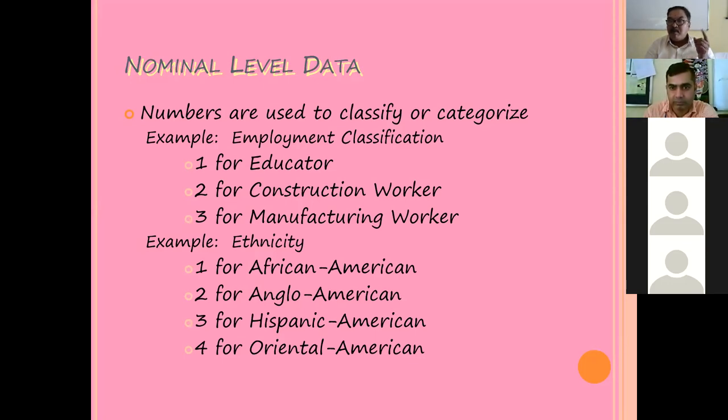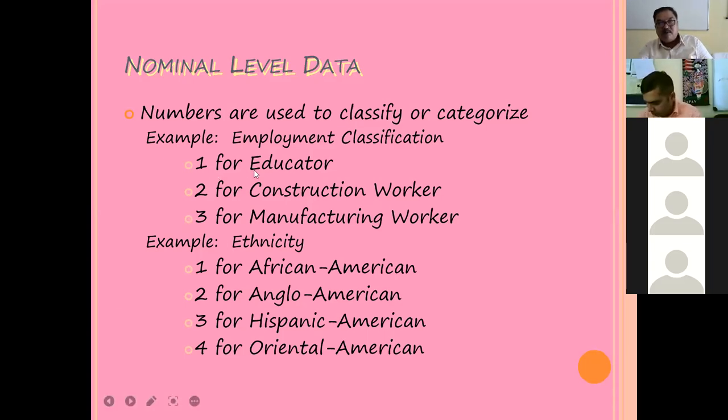Meaning is what? 1 means male, 2 means female, but the 1 does not have a value. It is only a number you assigned, and there is no value for that one. Let me give a small example. 1 for male, 2 for female. If 2 males are equal to 1 female? No, it is not possible. 2 males are not equal to 1 female, because the numbers you have given are just numbers to identify some attributes or characteristics of your data.